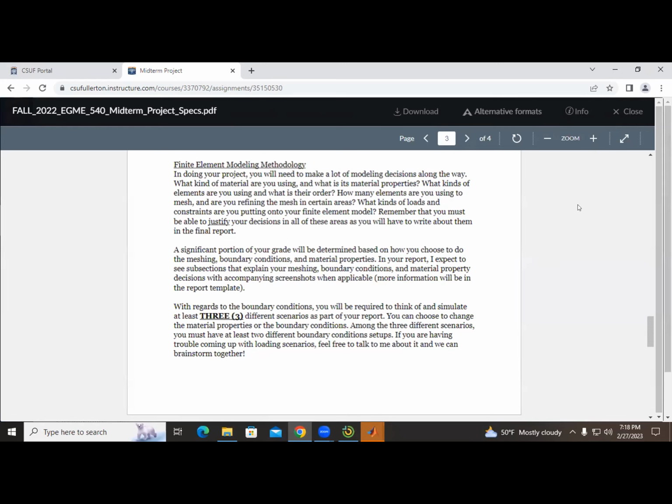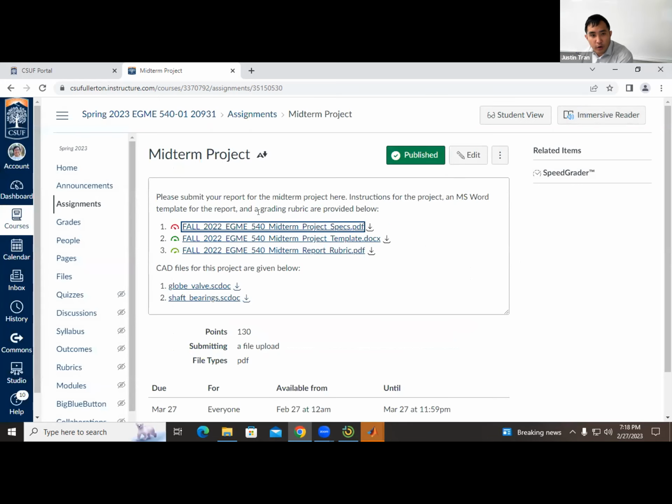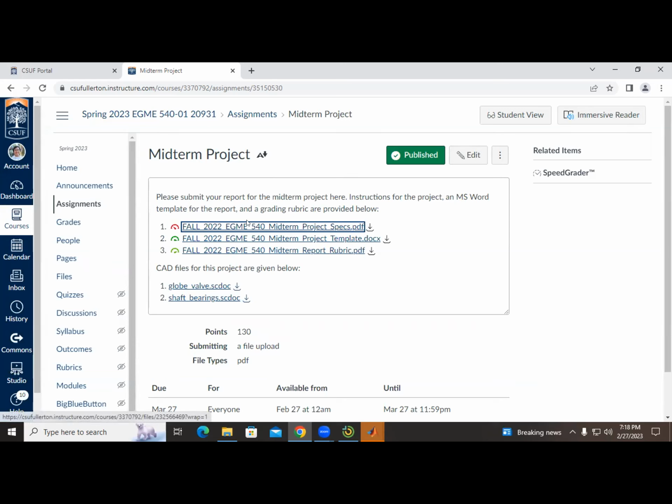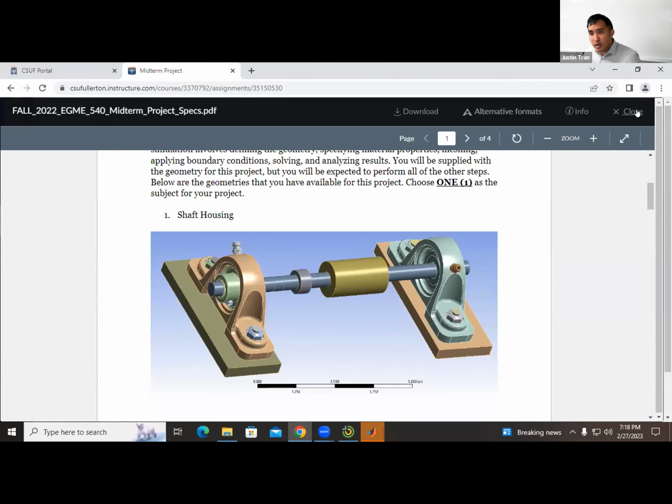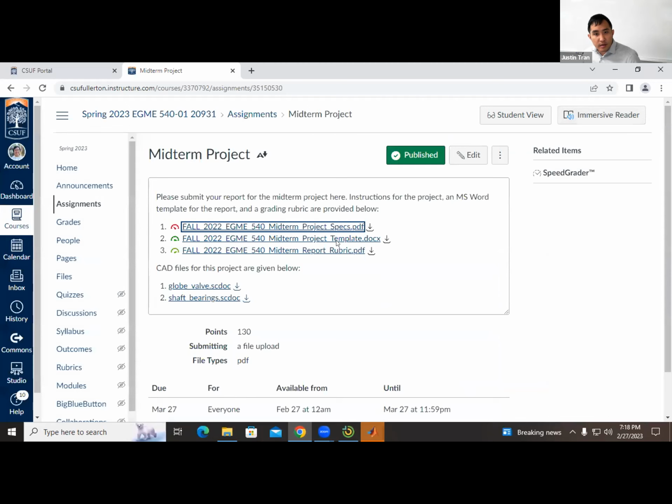Thank you, sir. Apologies for interrupting. My question was, when is this document going to be made available? Is it available already? It is, yes. Nice. I'm going to go through it here. If you go to the Canvas site, basically everything you need for the project is already there. The document we're going over is the specification, which is basically the instructions and the requirements. And then I have the template. This is a Word doc, so you can just type right into it.